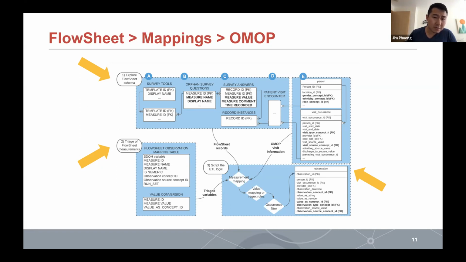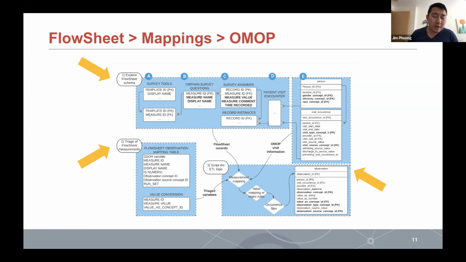But for each person who is actually going to respond to the survey, there will be a survey question to answer relationship, as well as the time stamping for when they took that question. All of that will be important towards knowing the longitudinal steps in when a patient answered one of these surveys, and how that has transitioned over time. The second step is triage of flowsheet measurements. So this is where